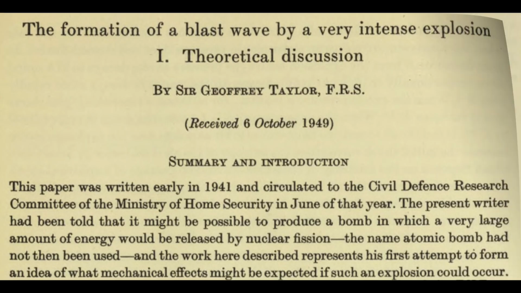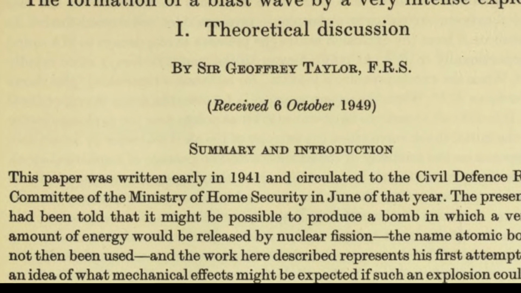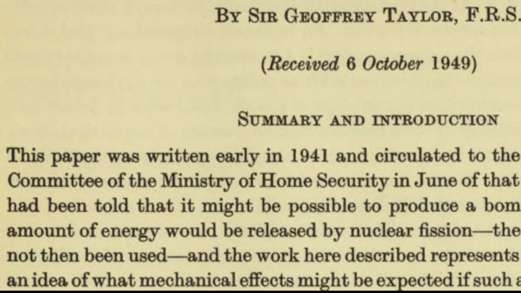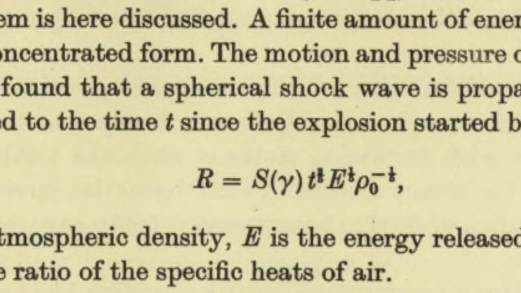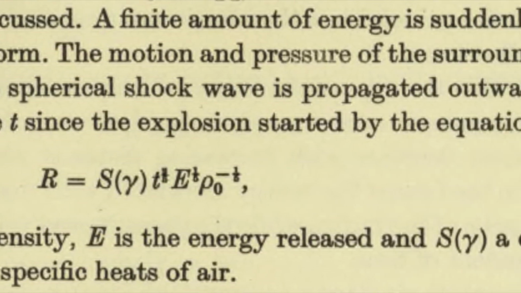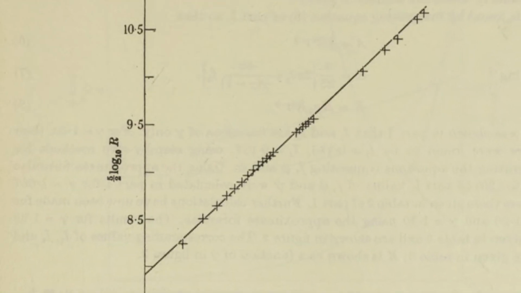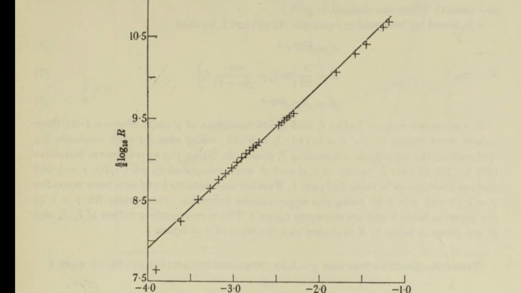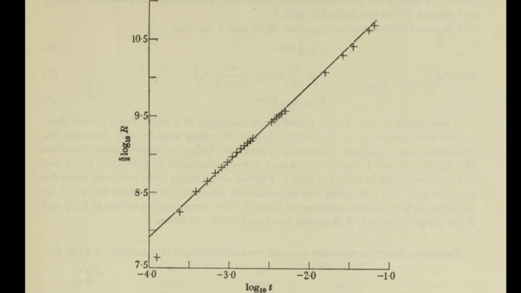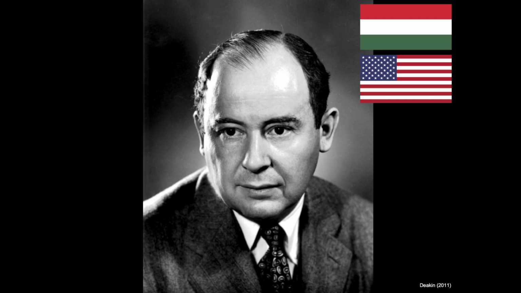Taylor publicized this equation in a couple of papers published in 1950. The abstract of the first paper made it clear that the 2/5 scaling was put forth during the war in 1941, and we know that it was available at the time of the Trinity test. The World War really boosted the interest for big explosions, and so seeking an understanding of their kinematics was in the air. Pretty much at the same time that Taylor in the UK, the Hungarian-American physicist John von Neumann was